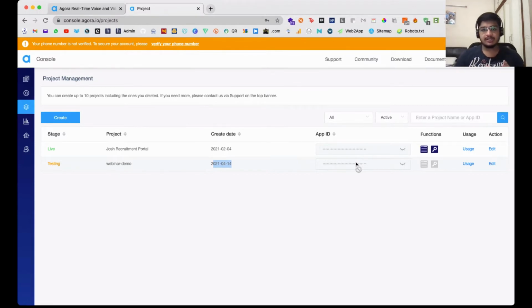Agora's SDK is something which has a lot of open source examples, but the SDK in itself is not open source. So you have the SDK itself, but you need something to connect to it. This is where the app ID comes into picture. This helps Agora track that, okay, this is your particular project, and you can use this to, as I mentioned, there's Agora Analytics.